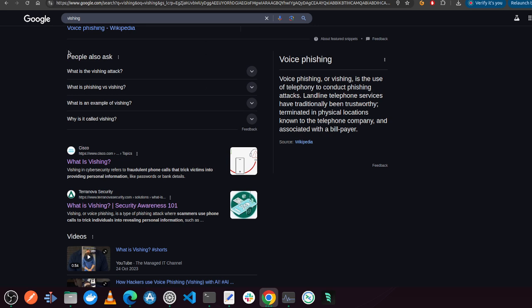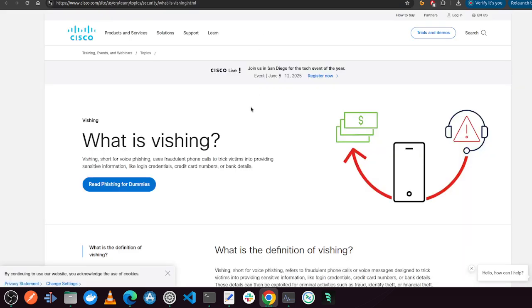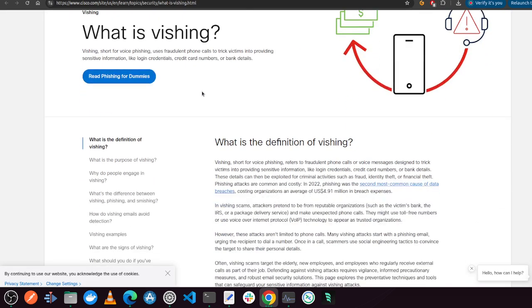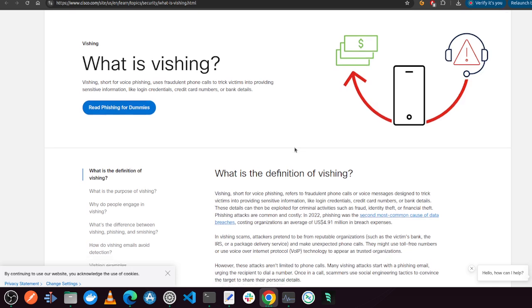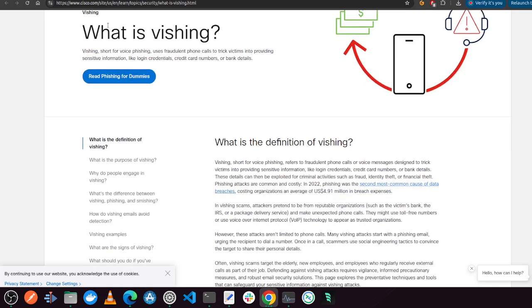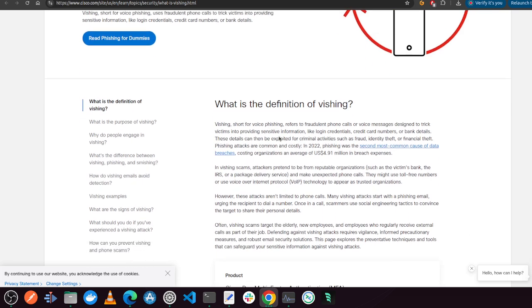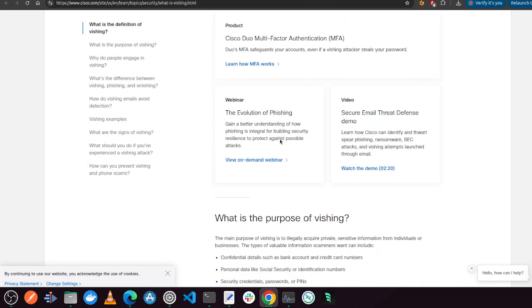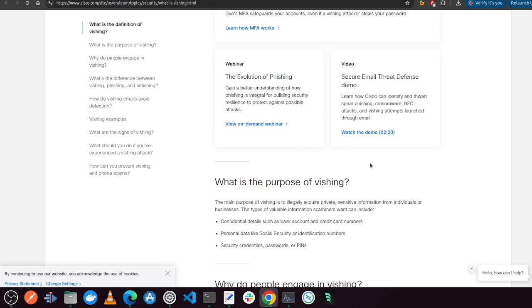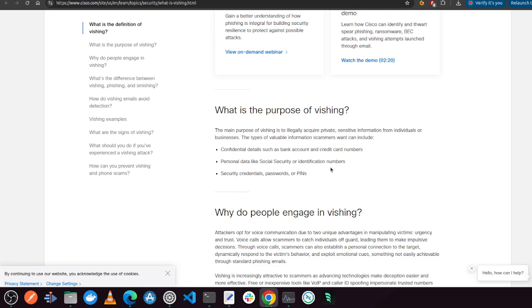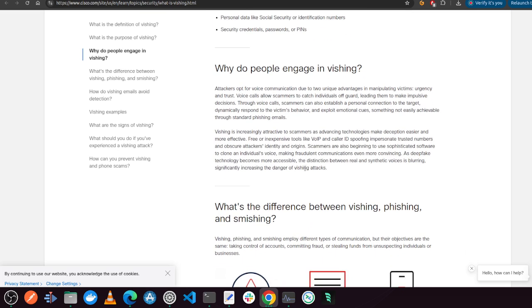I also want to talk about using voice. This is where you receive those phone calls, and they start talking to you, and they tell you there is this information. Same tactic, just a different medium, trying to lure you to do something. And of course, Cisco here, like I said, this is our textbook with current information. Why should we do all the work when someone has already done it for us? So the long and the short of it is they use voice, and they try to harvest information from you. Why do people engage in it?